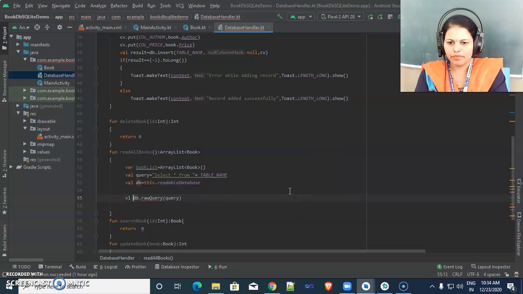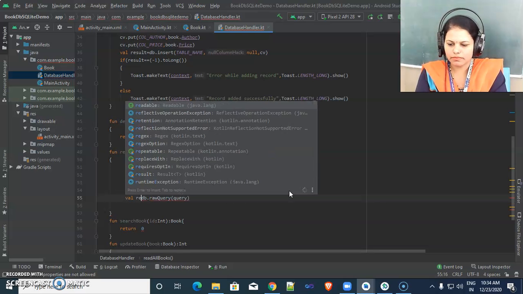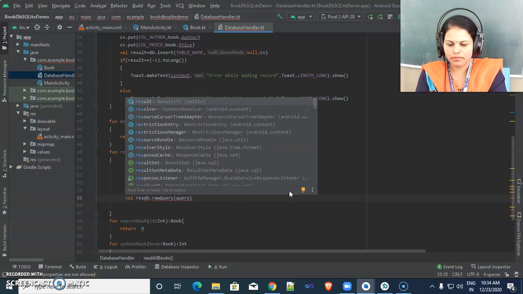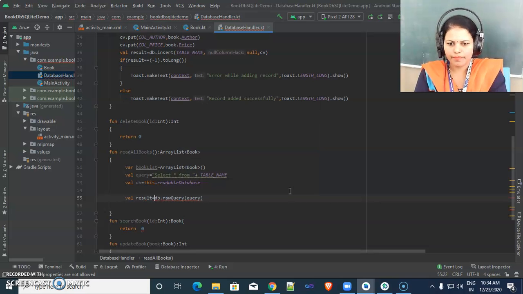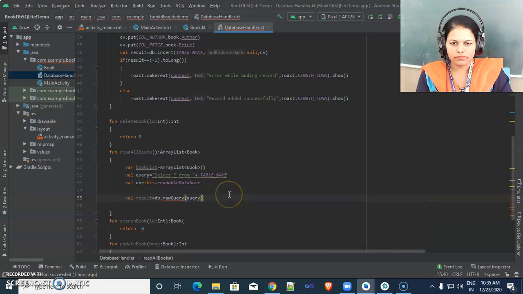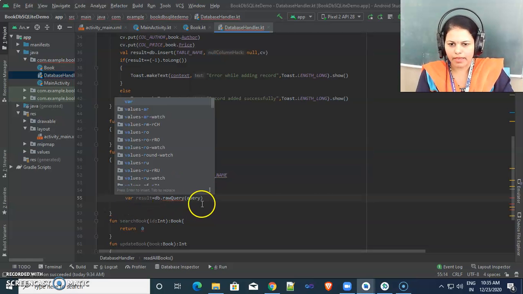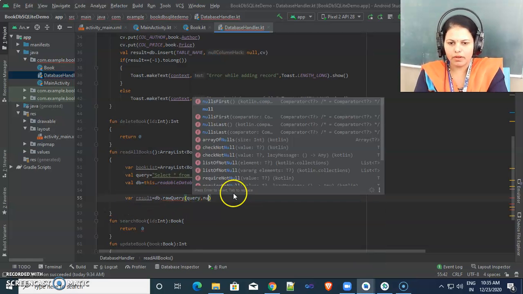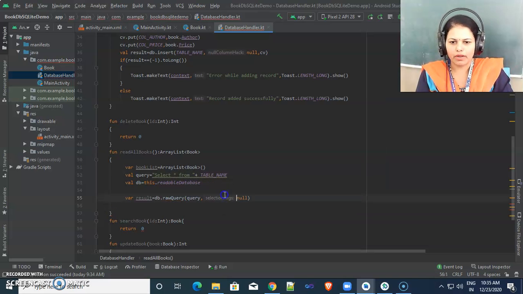Now this gives me one result. Here we are using the query, comma, null, because there is no where clause, so the select arguments are null.